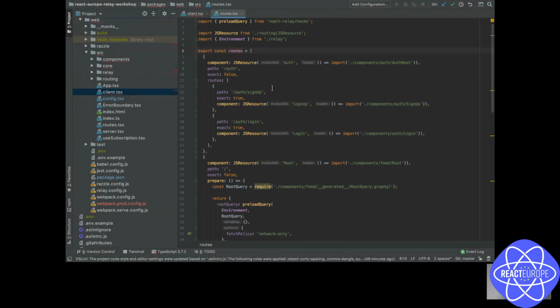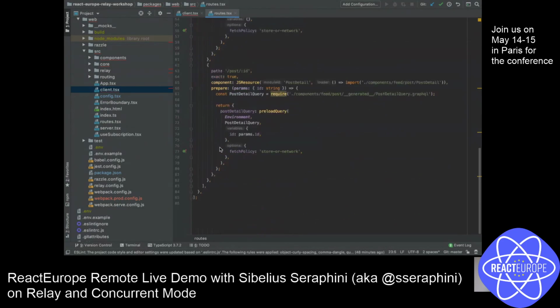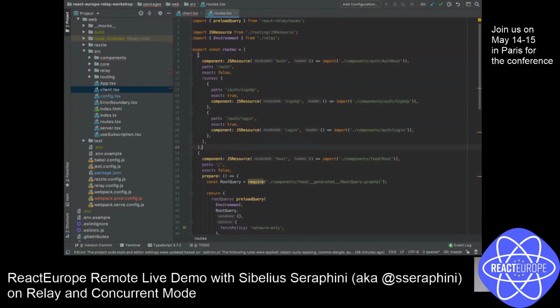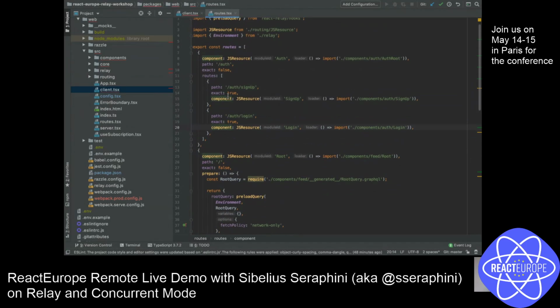If you use React Router 3, or React Router Config version 4, or use routes of React Router version 6, you're going to see the structure is very similar. This is like a static route config. So you declare the path, the component, whether it's exact or not for matching the path, and then you have the nested routes if you want some kind of pattern like this.